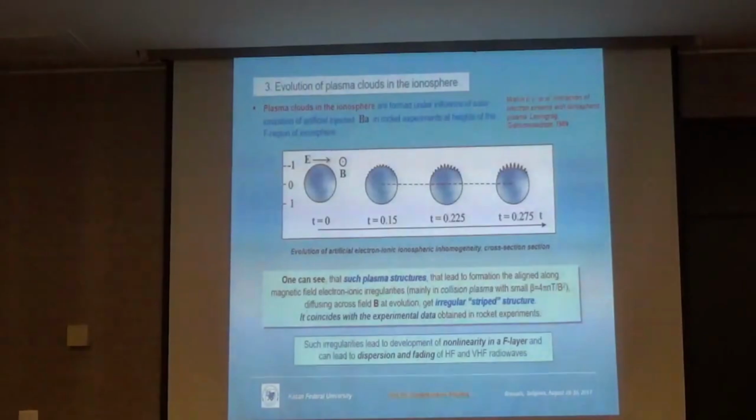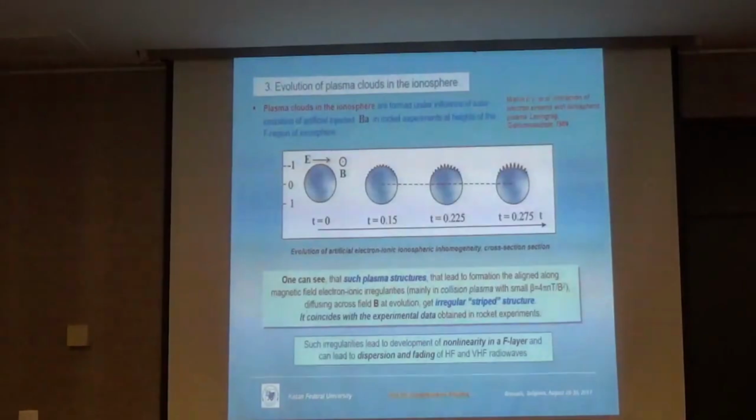Last example is evolution of plasma fluids in the ionosphere. Plasma fluids in the ionosphere are formed under influence of solar ionization of artificial injected barium in rocket experiments at heights of the F region of ionosphere. You can see the evolution of artificial electron-ionic ionospheric inhomogeneity